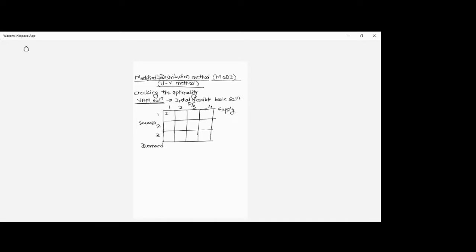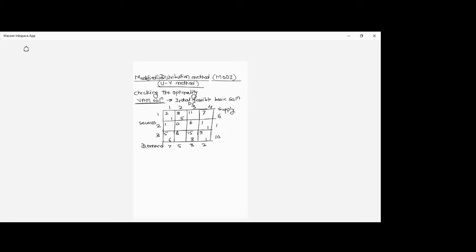So the unit costs that we had, I'm going to write here. I think this was the VAM solution that we got, and we are going to proceed with this